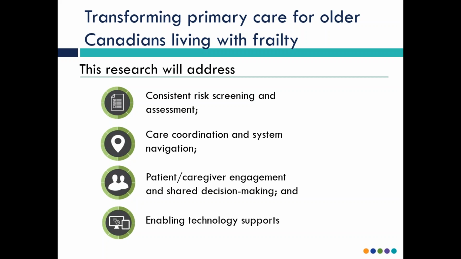Some of us in Ontario are aware of the Health Links initiative, which is focused on identifying high-risk patients and developing coordinated care plans for those high-risk patients, and that's very much needed activity. But our hope is that by identifying people who are at low risk and who might benefit from some additional support, or from an exercise program or nutrition program and so forth, we might avoid them becoming high risk later. So, risk screening, and then the care coordination and system navigation processes.